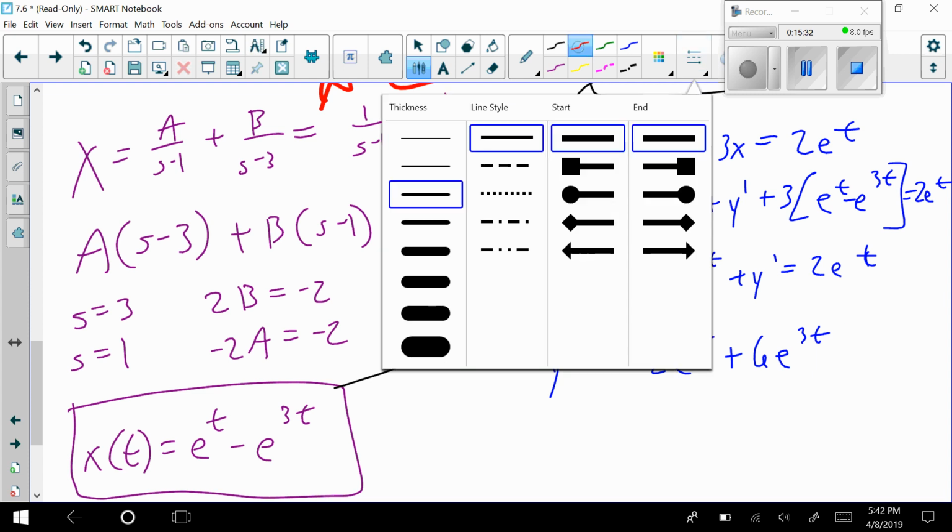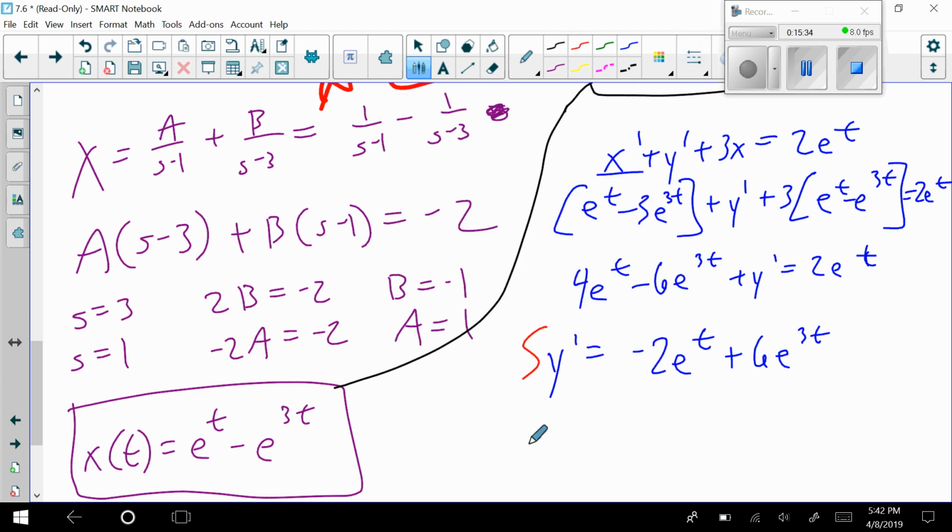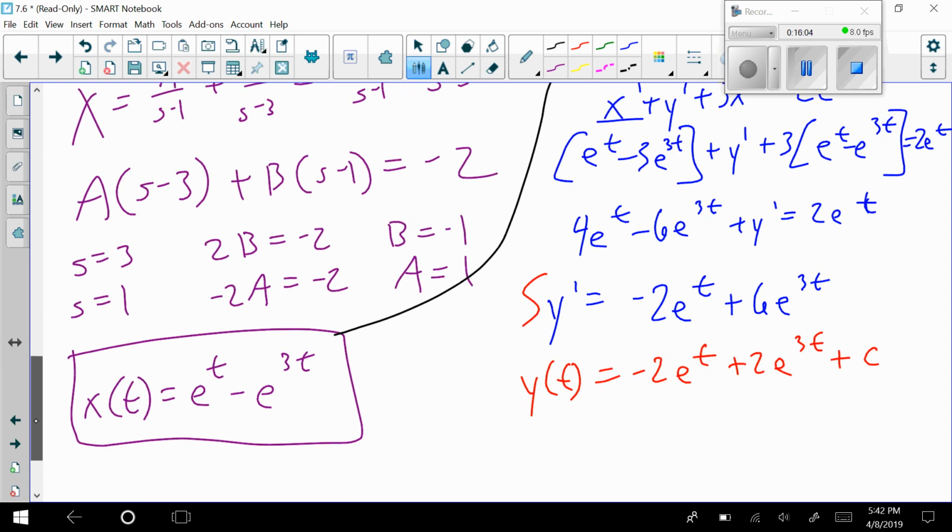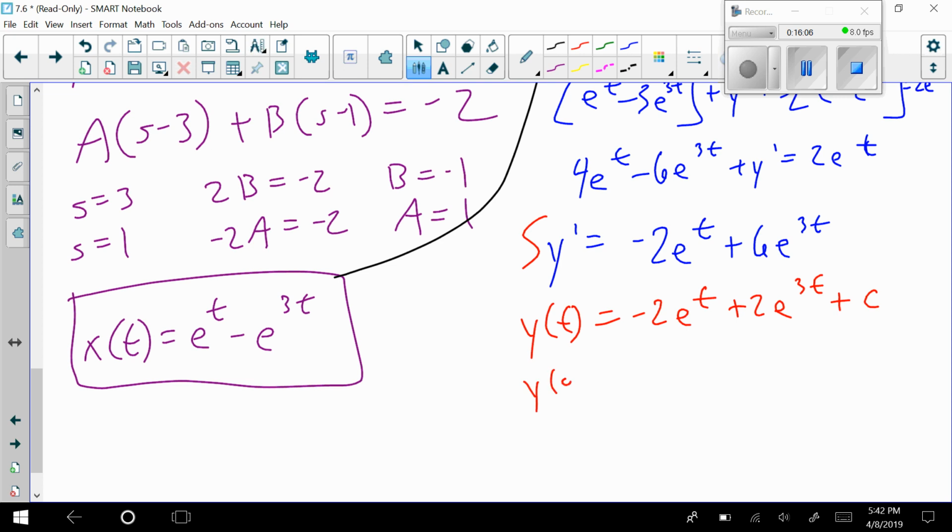And finishing it out, I would have to take the integral, that would be y of t then equals, okay, well, the integral of this would just be the negative 2e to the t. This one here, well, technically it would have to be dividing by that 3, right? So this would be plus 2e to the 3t. And now it's technically plus a C, right? Some constant here, which at the start we knew y of 0 was supposed to equal 0,